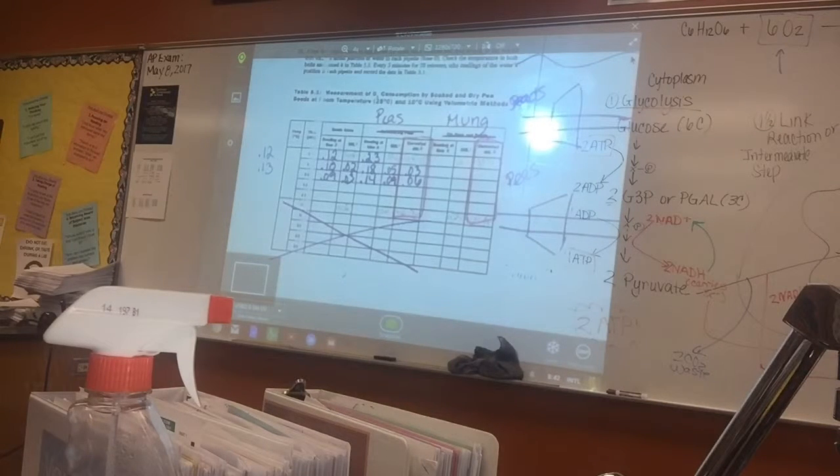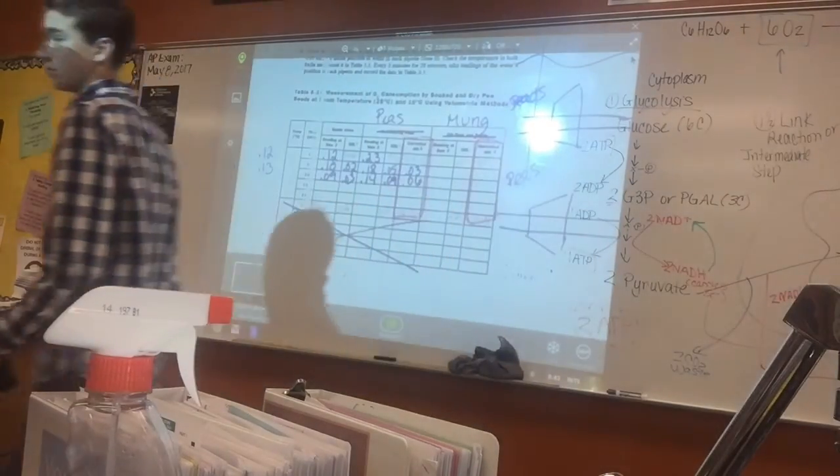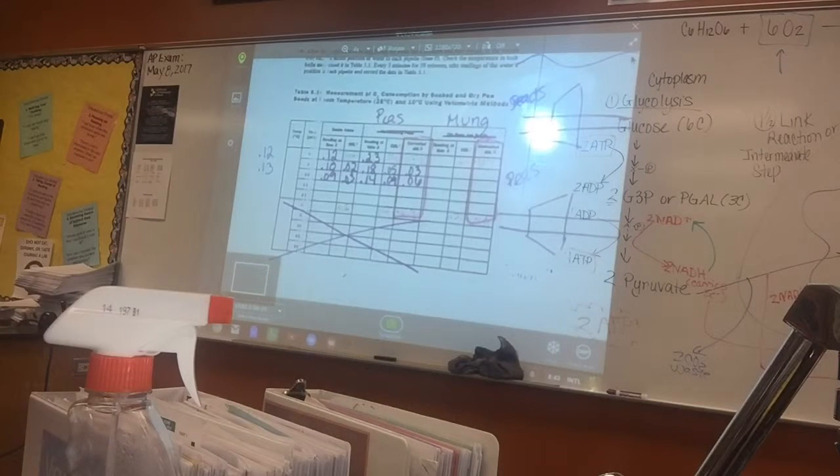I'm going to walk around. If you have any questions, let me know. Different groups will get done at different times. When you get done with the corrected difference, call me over because I want to look at your data and see if it's good, and double check that you did the corrected difference correctly, because some people